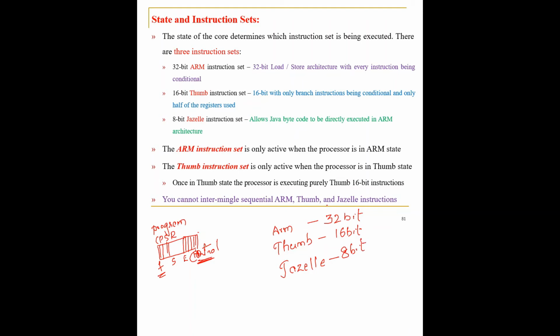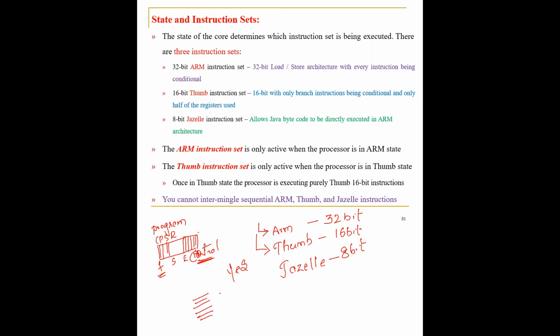If you are asking, sir, is it possible to change the instruction set as per my requirement? Yes, you can. Suppose you have written a program using the ARM instruction set and you want to execute the instructions using the Thumb instruction set, you can change a 32-bit instruction to a 16-bit instruction. And if you want to change it to an 8-bit or Jazelle instruction, it is possible. You can change it, but you have to make sure when you are writing a program,